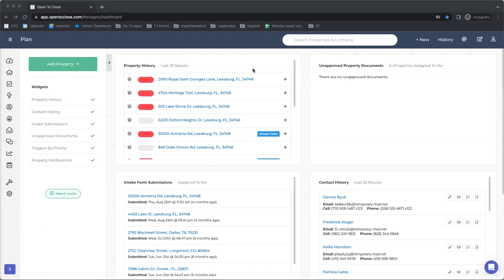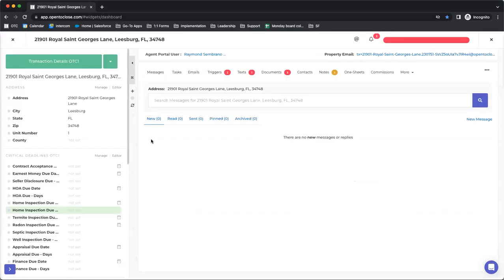Okay. So looks like this question is, how can I set up a trigger to automatically run when a condition is met, i.e. field value changes to X? So that is a wonderful question there, Ken. I'm gonna actually just pop open a property record here and show you guys the differences between a task trigger